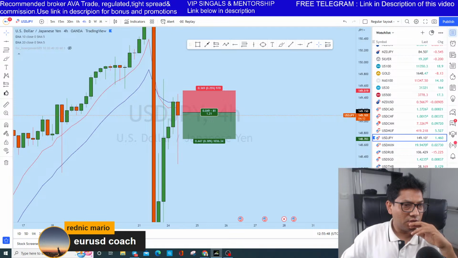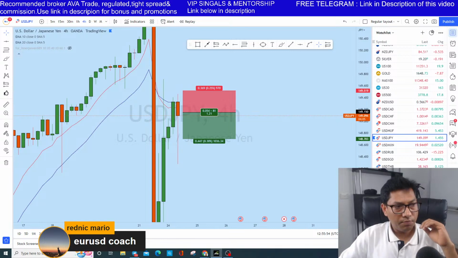So the candle is going to close after 4 minutes on dollar yen, and I'm pretty sure that pretty